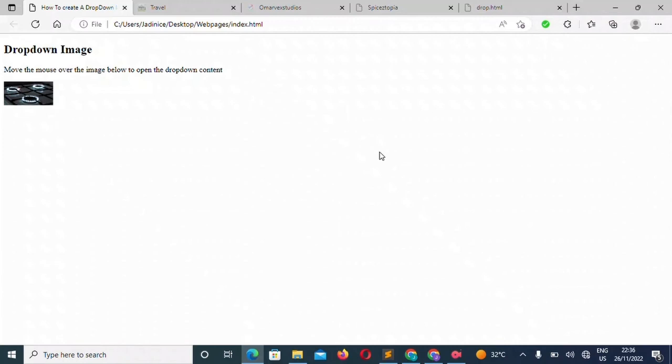We've created a drop down image, and now you'll be wondering, wow, what am I going to use this knowledge for? Well, here's a tip or a suggestion, you may call it. You can use it for a commercial website or maybe a blog website.